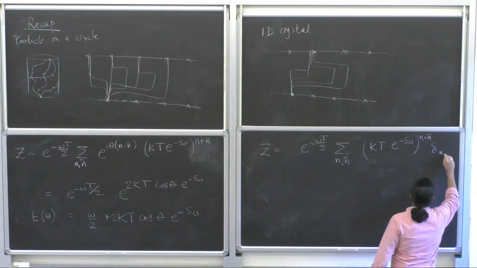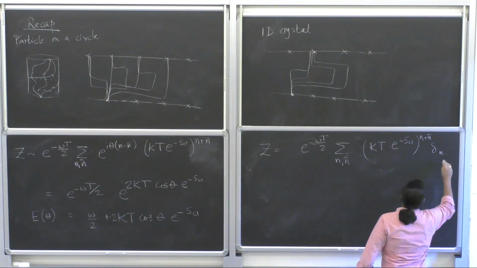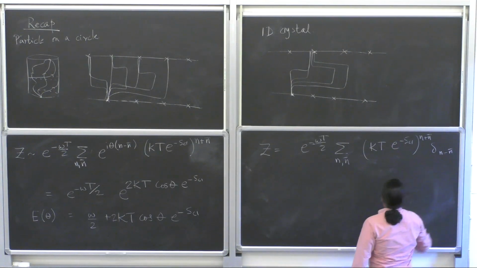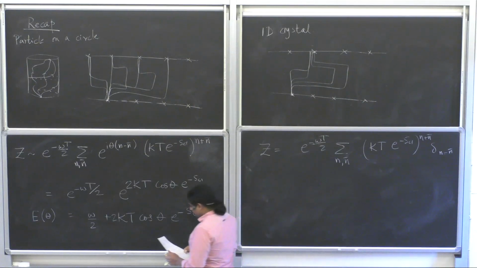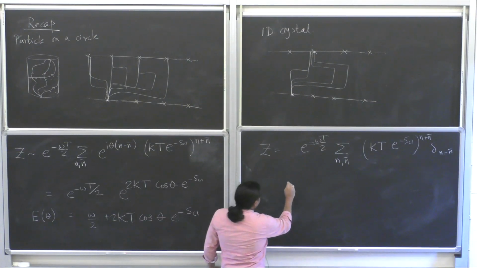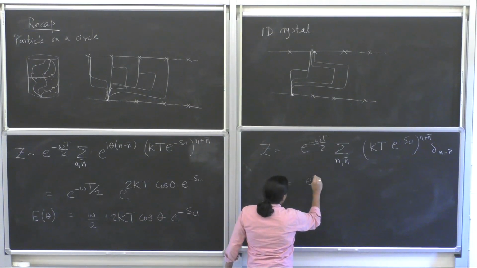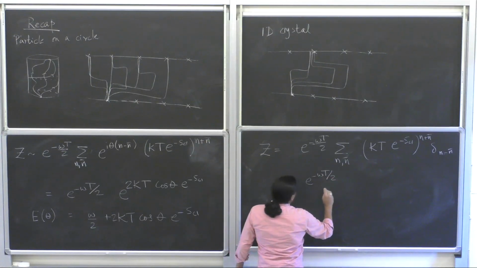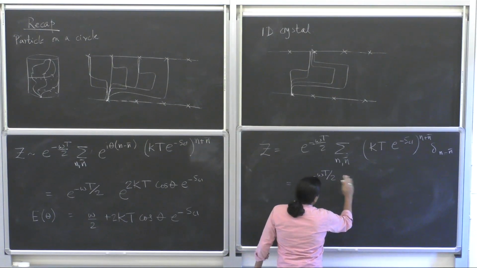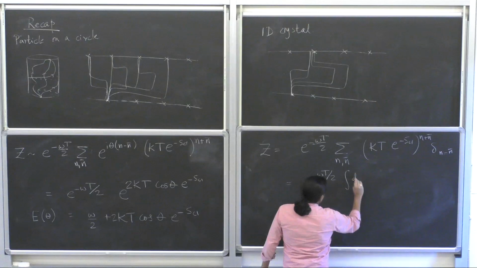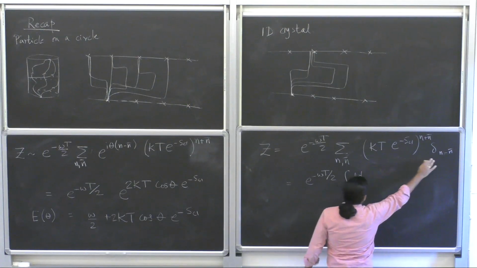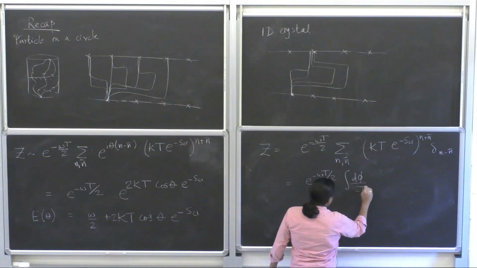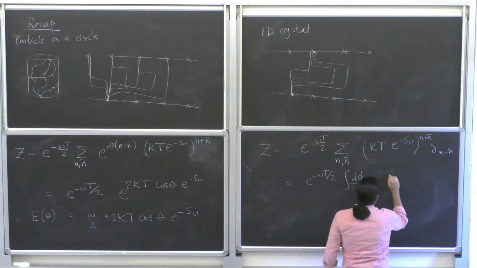For example, if we're starting from 0 and 0, we'd have something like a Kronecker delta of n minus n bar. And this we said we could make into an independent sum by using an integral over phi, and what we get is